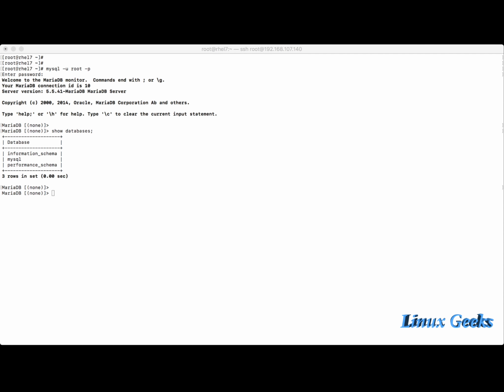Once I go into MariaDB, I can list all the databases using show databases; so that it will show all the available databases. Now currently we don't have any databases, so let us see how to create a database. To create a database, create database. The database name is Linux Geek Videos;